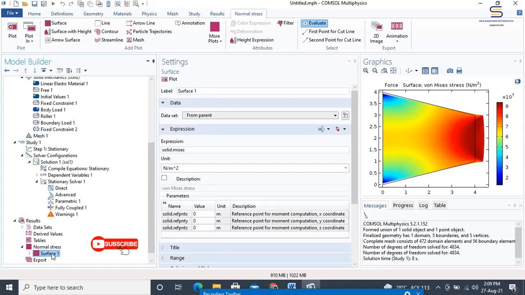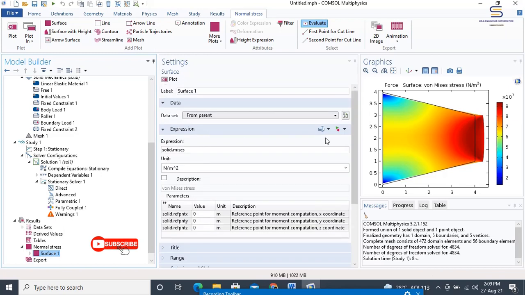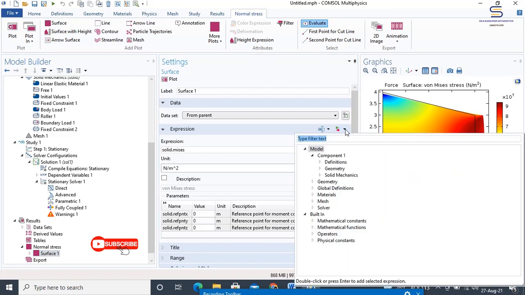We see that the surface has a settings window. In this, click on replace expression. Usually replace expression can be found on the expression side on the right side in the settings window.